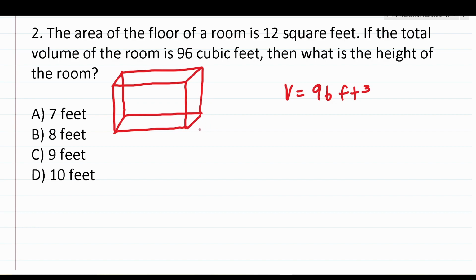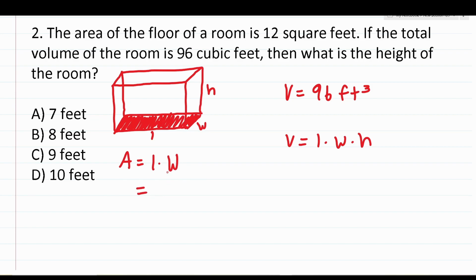All right, so what are the parts of a rectangular prism? We have length right here, width right here, and height right here. To find the volume of a rectangular prism, as we saw in the first problem, it's length times width times height. Well, we were told that the area of the floor of this room, which I'm going to shade in red here, is 12 square feet. How do I find the area of that floor? Well, that floor is nothing more than a rectangle. So to find the area of our rectangular floor, we would do length times width, and we know its area is 12